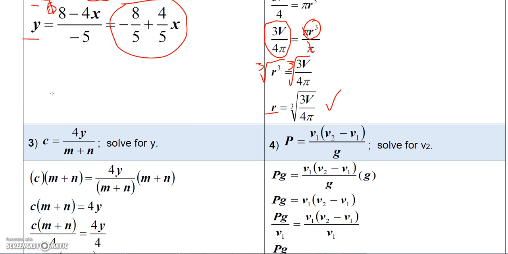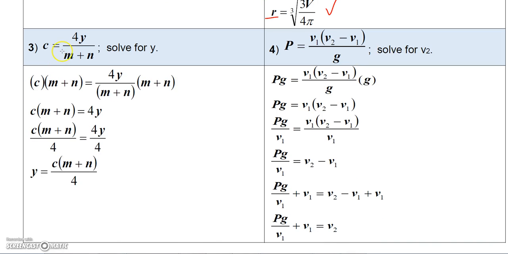Okay, now the next one here, I have c equals 4y over m plus n, and I want to solve it for y. So what I want to do first here is get rid of this denominator. I don't like having this denominator here. So let's eliminate it by multiplying this side by m plus n. So the denominator is m plus n, so if I multiply on the right by m plus n here, then I know that m plus n over m plus n is just 1, and that'll just leave me with 4y